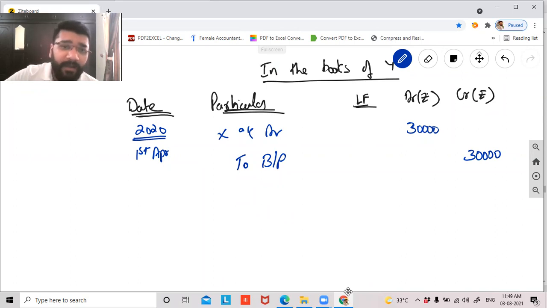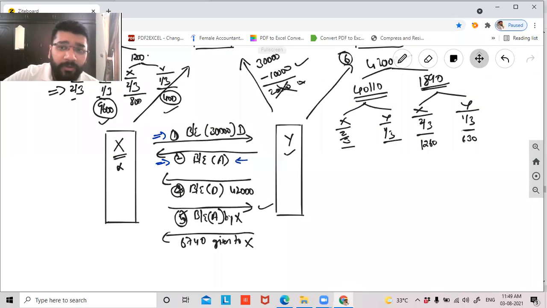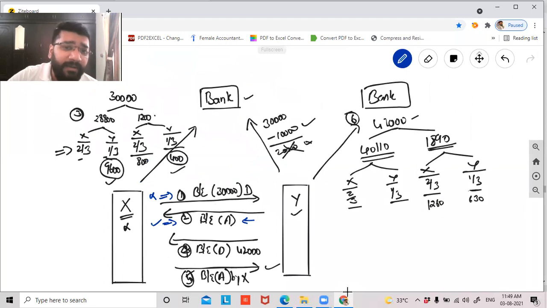Then what happens, guys? If I come back to the diagram, for this, no entry. For this, I've recorded an entry. The third event is that X is discounting this bill with the banker. For discounting, do I need to record any entry in the books of Y? No, sir. Discounting is an activity happening between the banker and X. So we are not bothered about it.